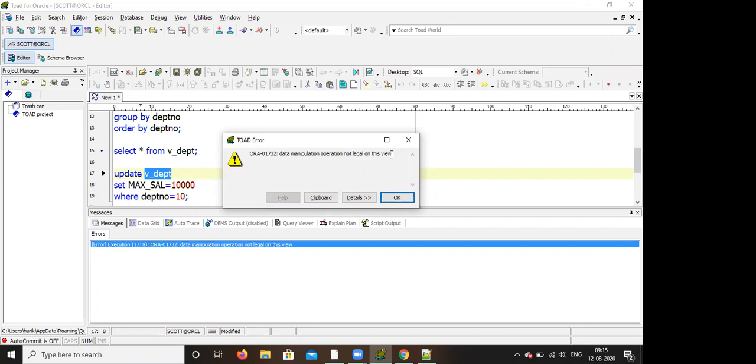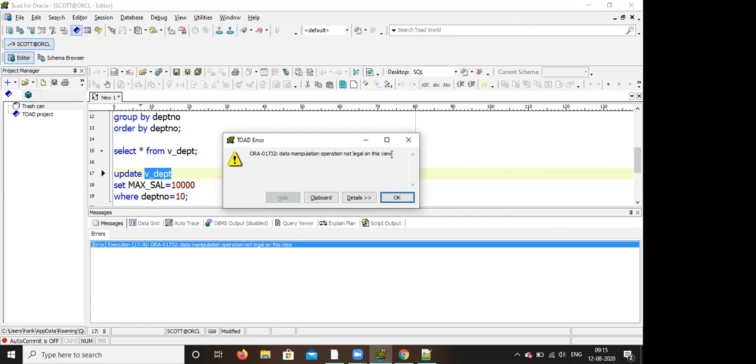So you cannot do any data manipulation operation, any DML operation, on the view because this is a complex view. Why is it a complex view? Because you have used a group function. We are using max, so we also cannot change the view. But if it is a simple view, you can do an update.